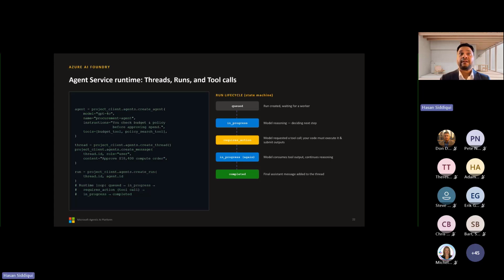Then requires action, where the model requested a tool and your code must execute it. Then in progress again, where the model consumes the tool outcome, and finally completed, with the assistant message added to the thread. So this is a small Python script where we can run threads and tool calls.